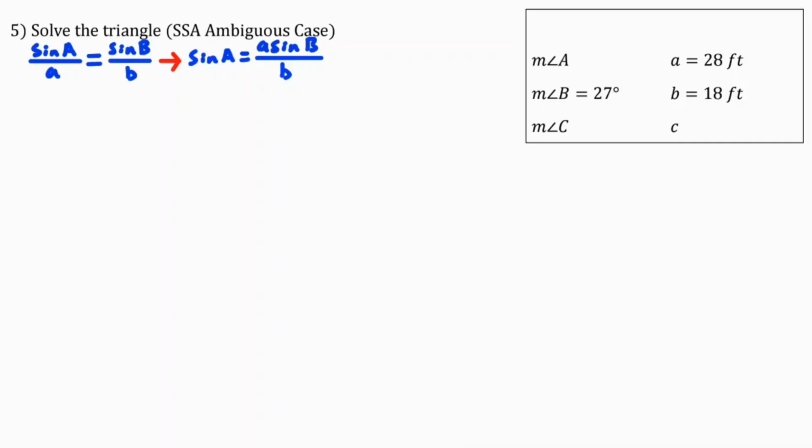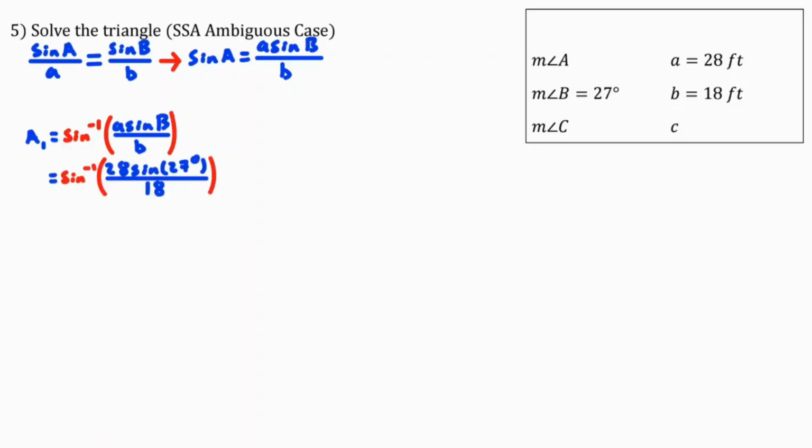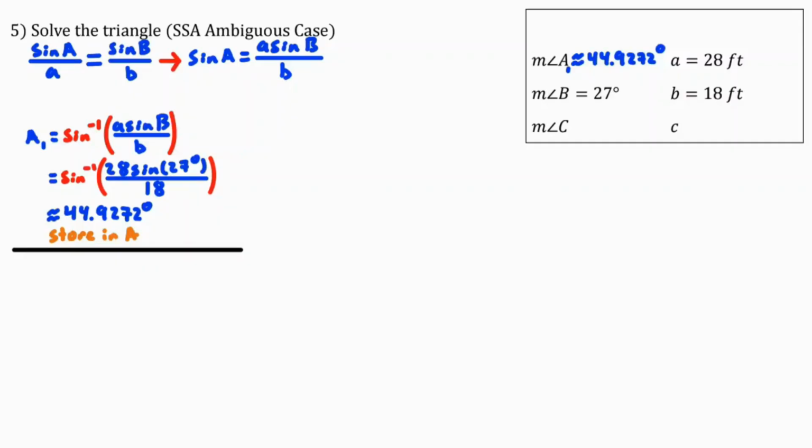Since this is a side-side angle, there's a chance that there is a second triangle. So let's solve this as if it was just one triangle first, which is we're going to take the sine inverse of both sides. So we have A equals sine inverse of A sine of B over B. Substitute our values in. Type this the way it is on a calculator. We get A to be 44.9272 degrees. Next, since we finished this variable, let's section it off. Oh, and don't forget to store it in A. We'll section it off, and then let's solve for